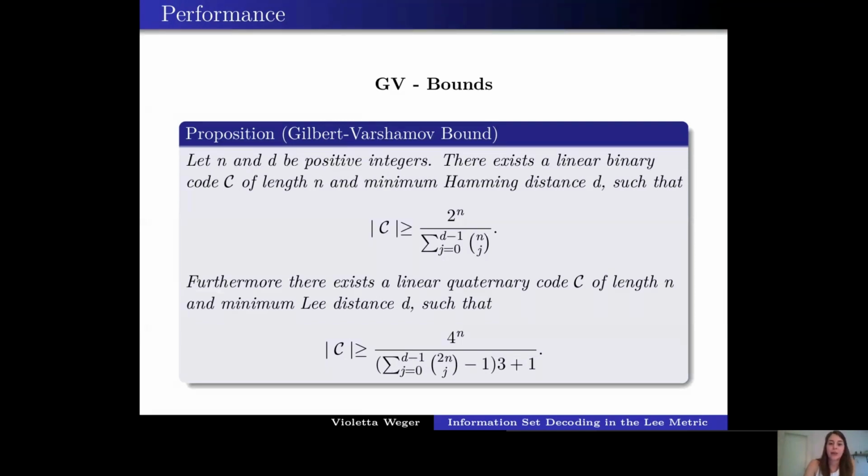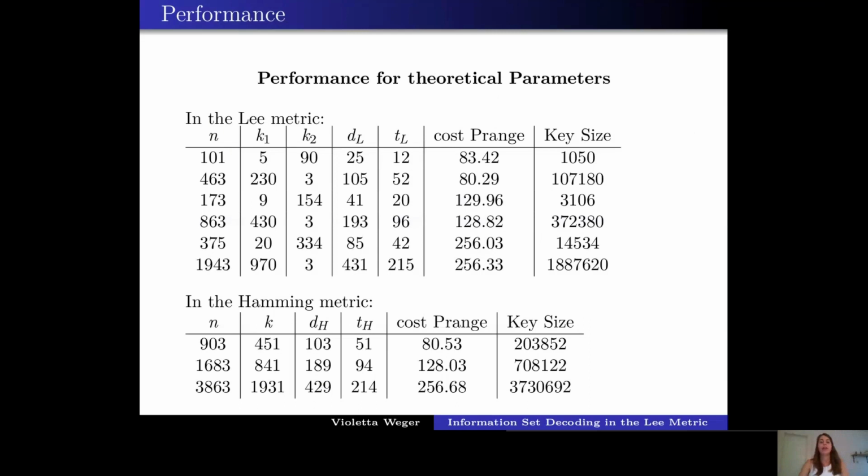So here you see the GV bound over the binary in the Hamming metric, and this is the GV bound over the quaternary in the Lie metric. And if you do that, you get the following table of theoretical parameters. Now the first thing you should observe is that in the Lie metric, we get much better key sizes. The second thing you should observe is that we would like to have a small k1 because then our key